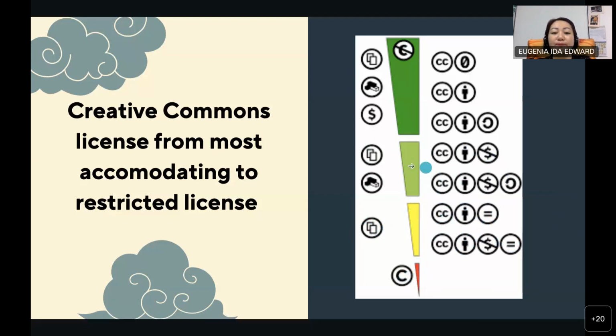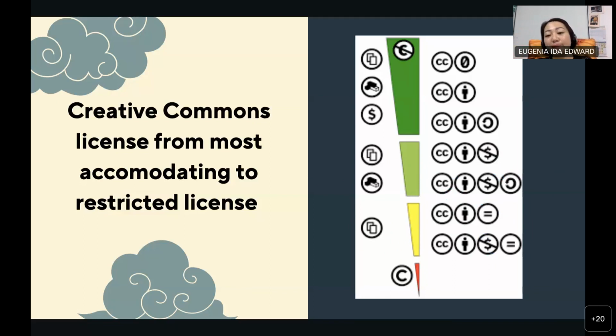Okay, I do not encourage for this one to be parked. You can use this in your class. Okay, you can use this in class, but do not park it in OER if you have any license like this. Do not park in OER or Mooc. Okay, you can just use it when you have your face-to-face classes.